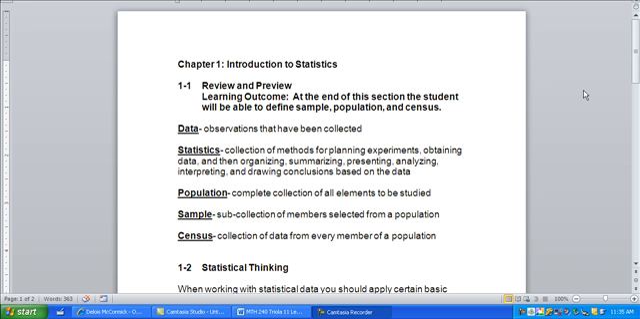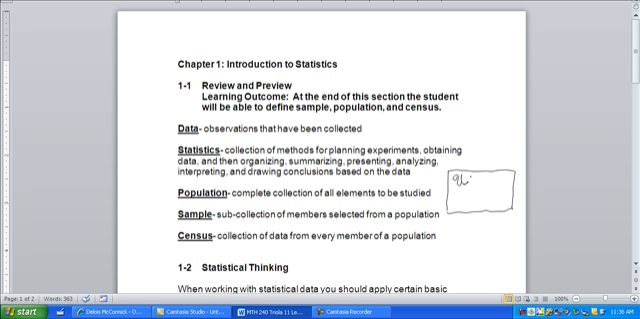Population is a complete collection of all elements to be studied. So, for example, if we're concerned about studying, and I like to use Venn diagrams for this if I can get my pen to work, I like to think of a population, if you ever studied set theory,